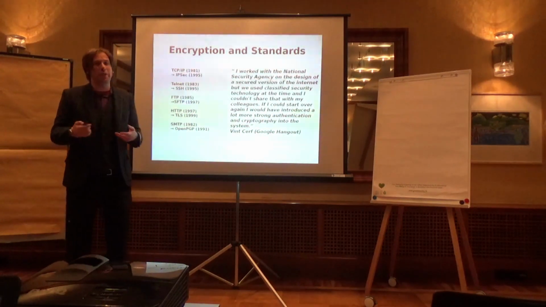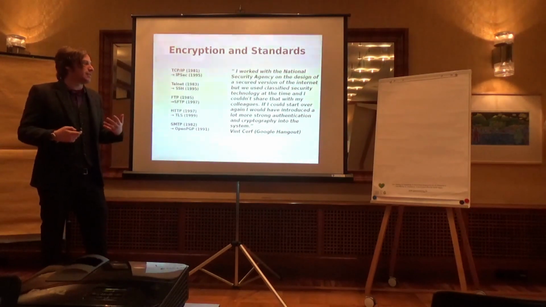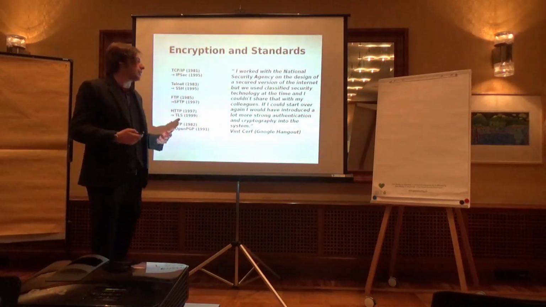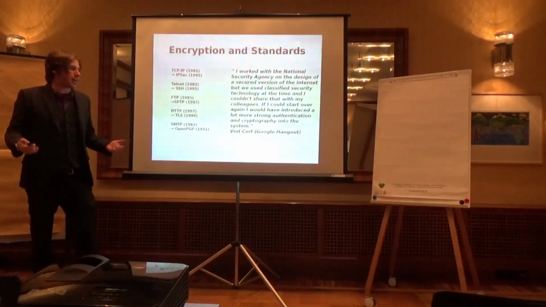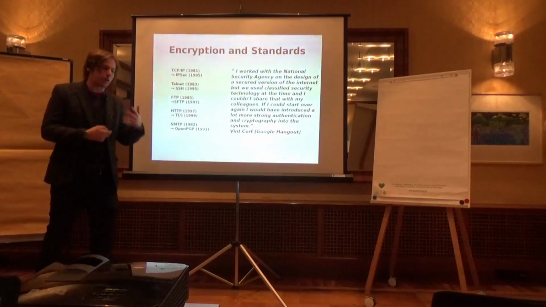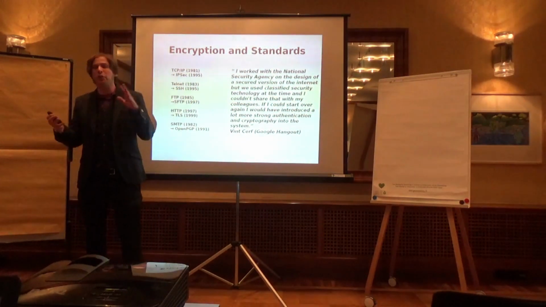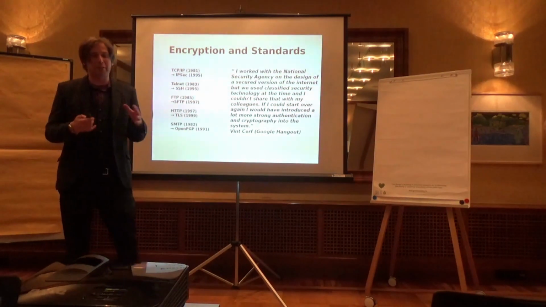And Diffie-Hellman was only a few years before this, so it wasn't really working yet in code. If I could have started all over again, I would have introduced strong authentication and cryptography into the internet from the beginning. The countervailing point was made by David Clark, who was also there at the beginning. So Dave said, yeah, I knew Vint was doing some stuff with the NSA, but I didn't really know exactly